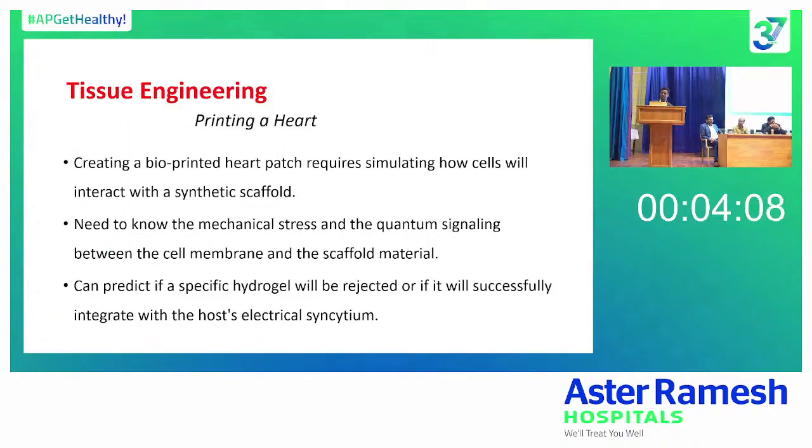Same with tissue engineering as well. You need to know how, at a quantum level, your scaffold interacts with the cells, how the cell membranes work with each other, how the ions move in a quantum way. Once you know all this information and once you're able to develop an algorithm where the mechanical stresses between the cells are known, there will never be a problem in developing the model. Most of the time what happens in tissue engineering is you try to replicate an organ or something, but the initial cells don't attach with each other or die off because they don't have the proper level of signaling. These sorts of predictive modeling will also become much easier, and printing of a heart might just be a cakewalk in the future.